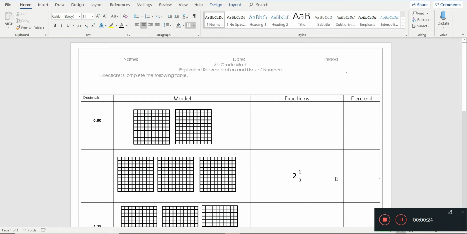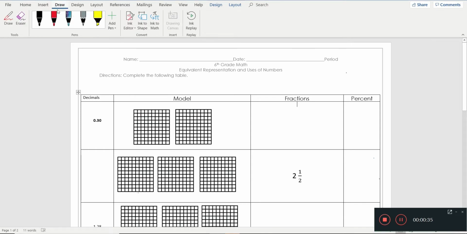So as you can see here, we have 30 hundredths. It's very easy to understand. This number is 0.30, or as we read it, 30 hundredths. We just need to write this down as 30 over 100. It's super easy, right? So 30 out of 100 in fraction, you need to shade 30